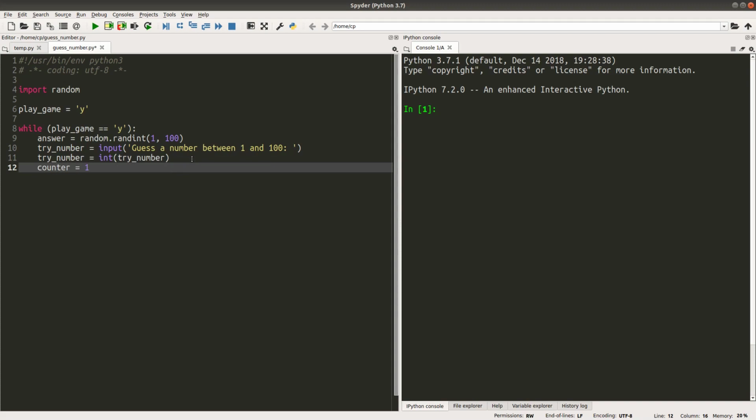The game will need at least 1 iteration to let the user guess the number correctly. So the counter would be at least 1. If the user input is not equal to the answer provided by the computer, I would prompt the user to give a larger or smaller number.